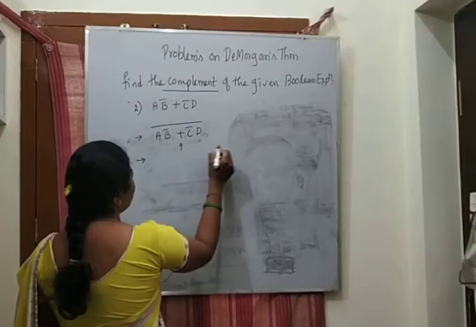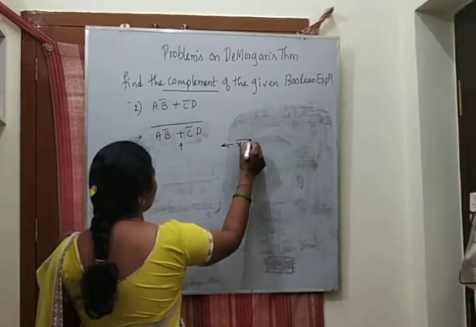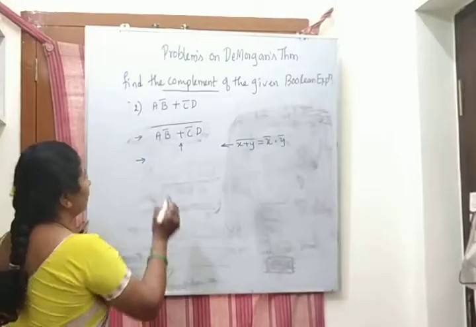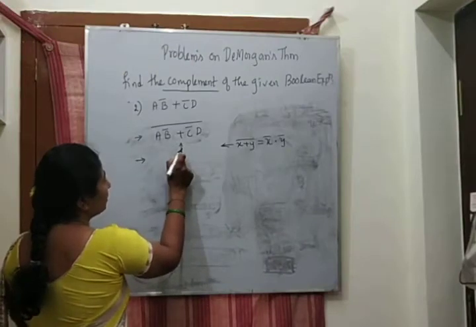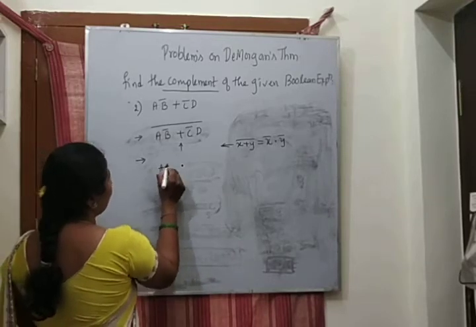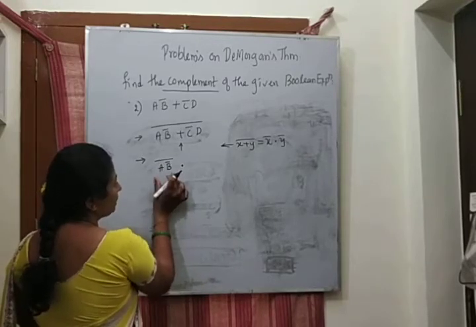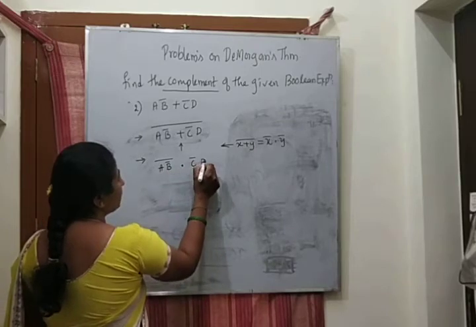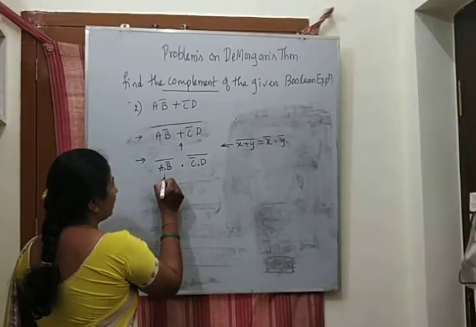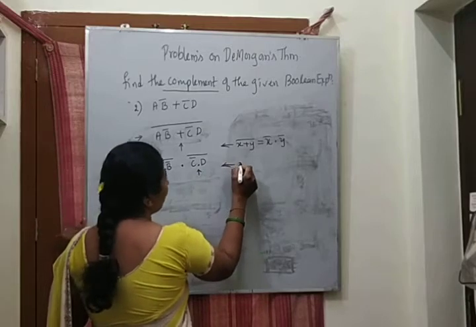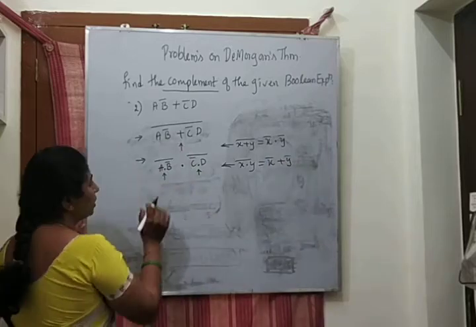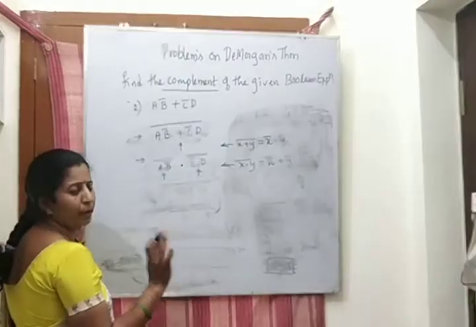Then apply here: x plus y whole bar can be written as x complement into y complement, or x bar into y bar. This is treated as x bar, this is treated as y bar, and plus needs to change to dot. A B complement whole complement, that is x bar into y bar. Again, apply here, the hidden dot is there. x into y whole bar can be written as x complement plus y complement. Once applied, it should not be applied again.